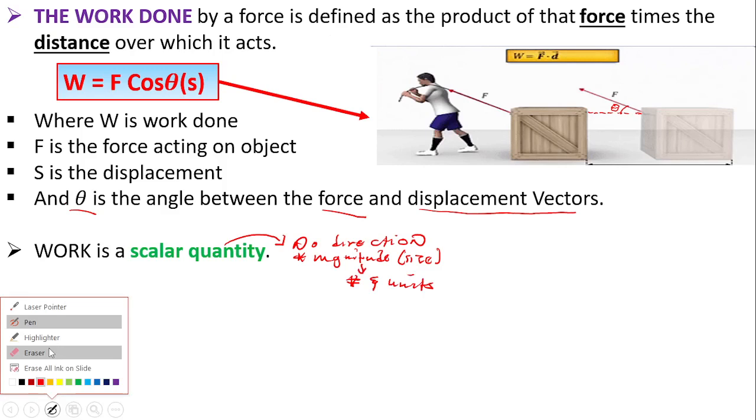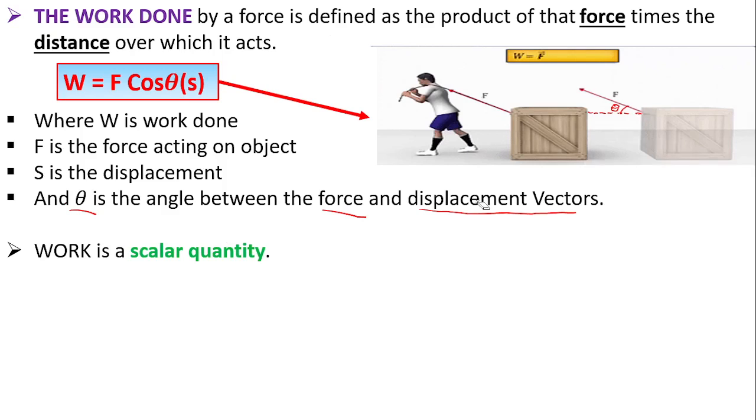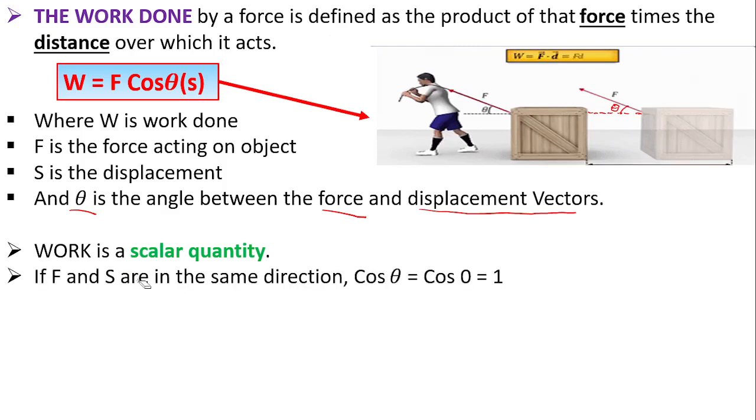It's not a vector quantity, but what we are multiplying are simply vectors. So if the force and the displacement are in the same direction, that simply means that the angle will be 0. If the force and the displacement are in the same direction, we are referring to a situation where the force and the